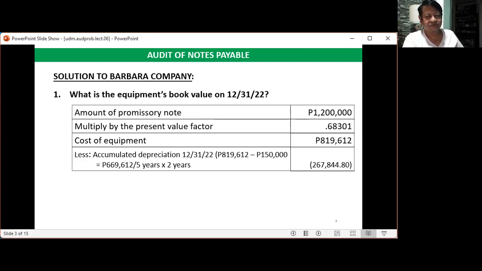819,612, the cost of the equipment, minus the salvage value of 150,000 pesos. So the answer, the net depreciable amount is 669,612. We will divide that amount by the estimated useful life of 5 years, and then we will multiply this by 2 years. So this is the accumulated depreciation for 2 years,